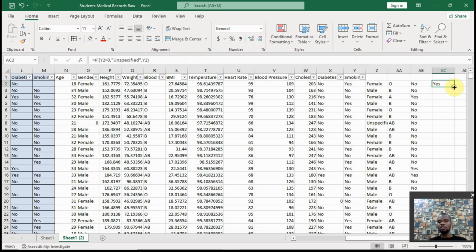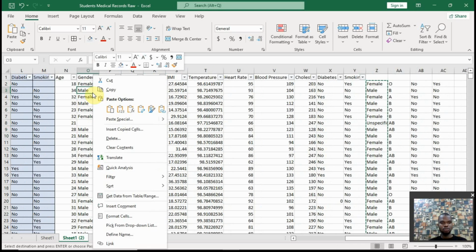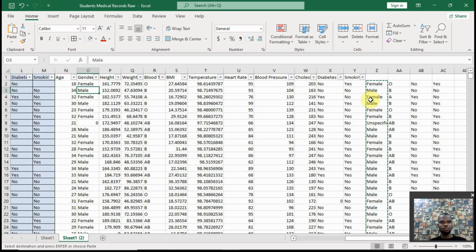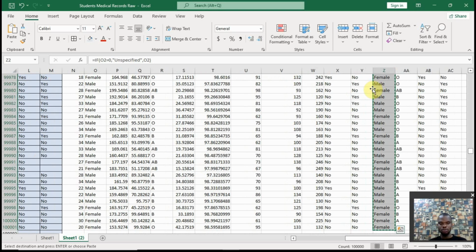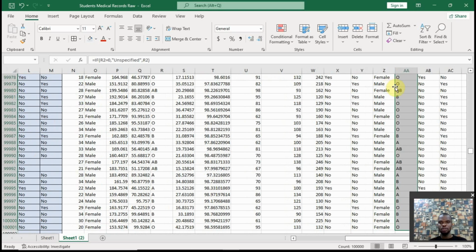Okay, so if we do that, we can copy, or let's drag to gender. Oh shucks. Let's do that again. Control shift down. Let's drag to gender. Copy here as values only. Let's also do it for blood pressure and blood type. Drag, and